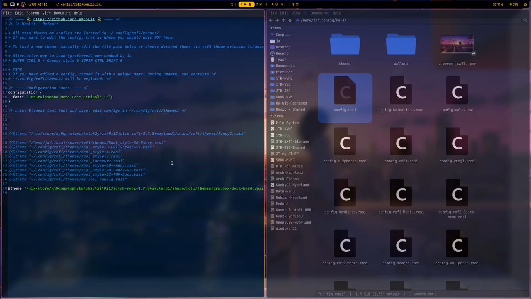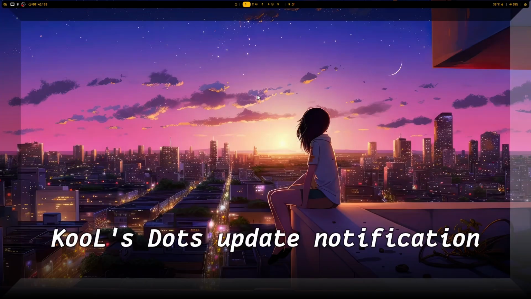And then, okay, there's one thing also, an update on this current version now. I added an auto update, or not an auto update function, but an update notification if there's an update on my stats, on the KooL stats. So for example, I'd like to demonstrate to you now,